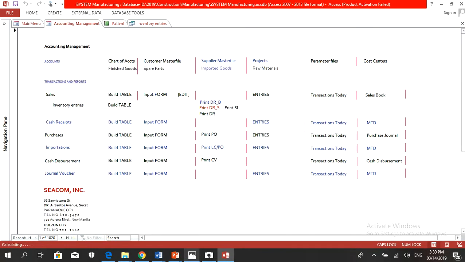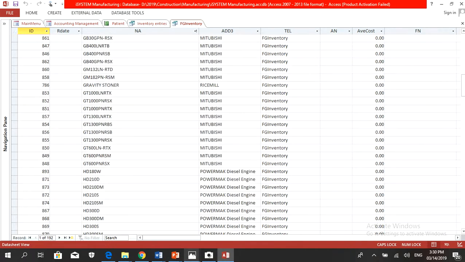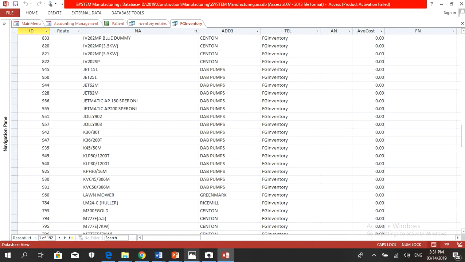So we've added that. It's now part of the finished goods inventory. Let's check if it's there. So this is alphabet